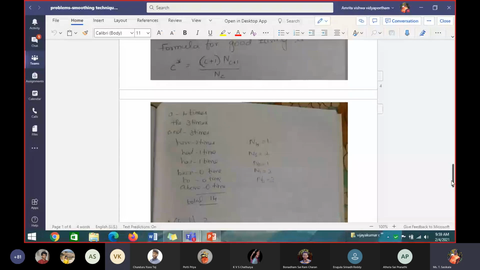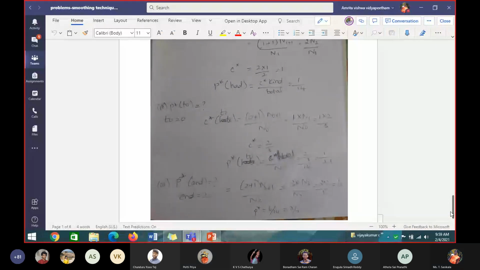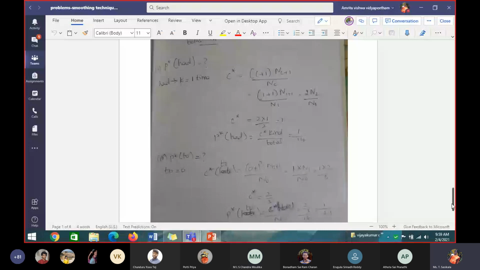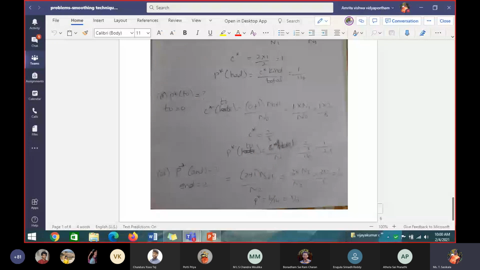1/7. You are getting 1/7? Yes, ma'am. The value 2 is wrong over there. Okay, wait. I have substituted a wrong value. What is the and count value? And is occurring 3 times. I have made it as 2. Sorry. So 3 plus 1 becomes 4, right? So what is the formula? 4 and 3 by?